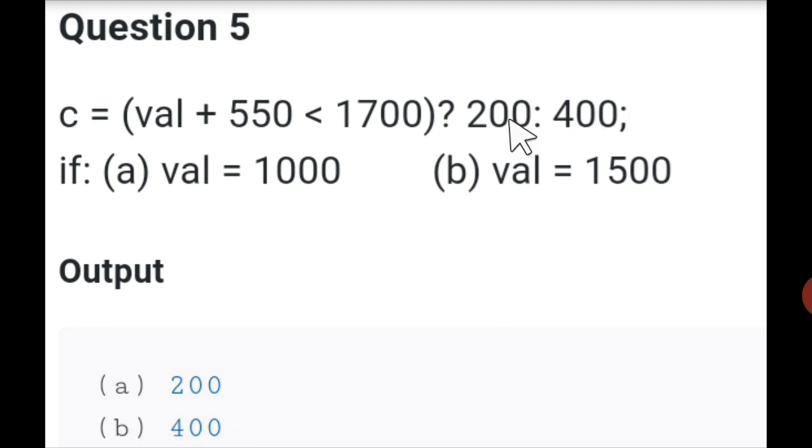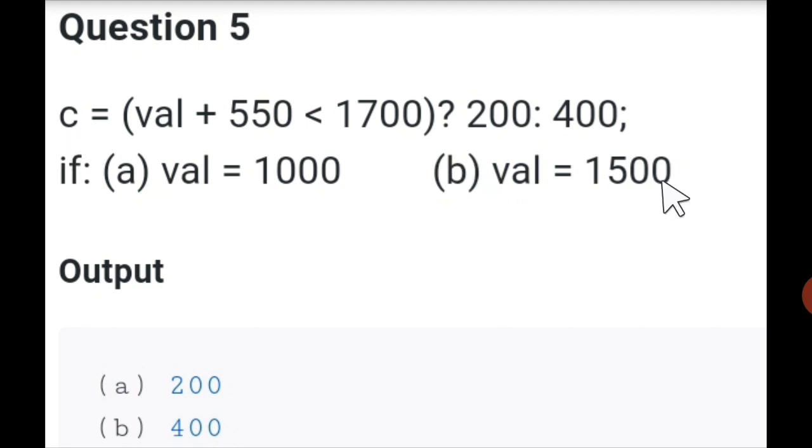Okay, so int is a suitable one for the C. And here students, val plus 550, so first value of val is 1000, so 1000 plus 550 equals to 1550, so 1550 less than 1700, so definitely it is less, so the control goes to this value 200, because that is the then part, or means if body, I must say, if we think about in terms of if else. So the output for the first value is going to be 200. Okay, C will contain 200.